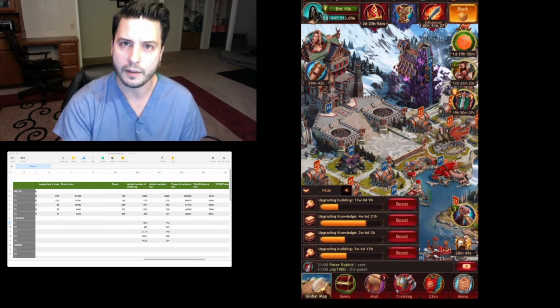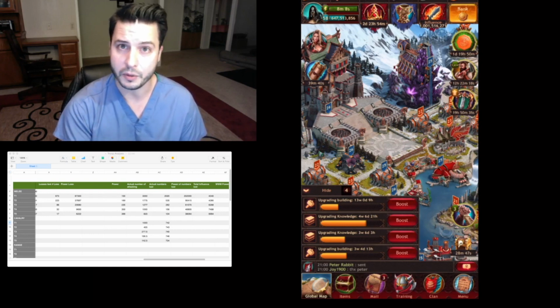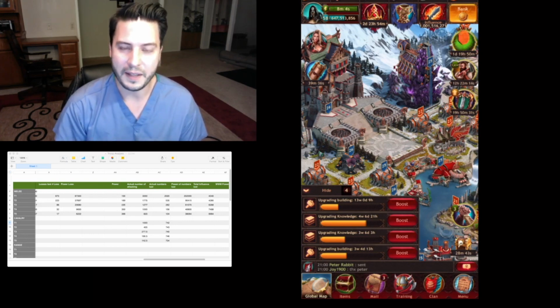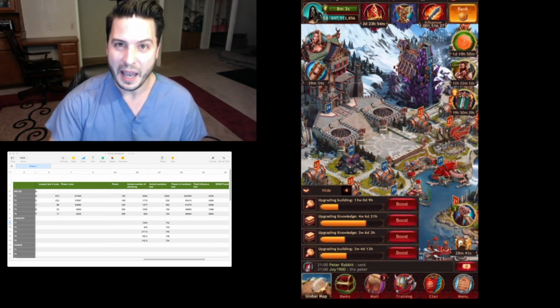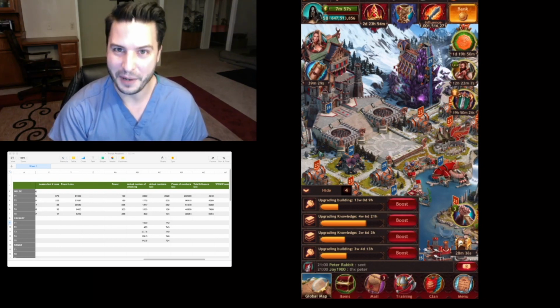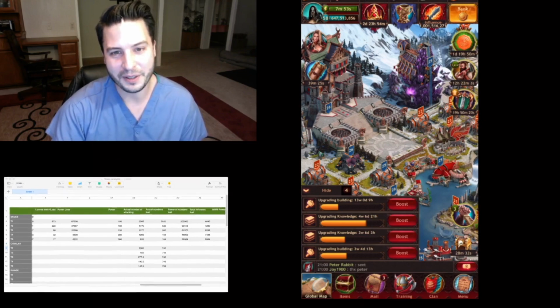So what is the theory? How do you figure out the actual ratio of T1s versus T5s? That is the question. So after much testing today privately, because it took hours, I came up with what I'm going to call the WWM